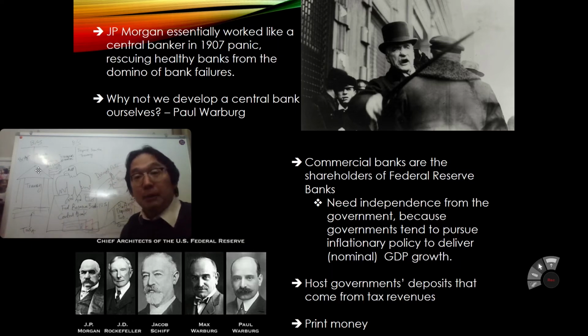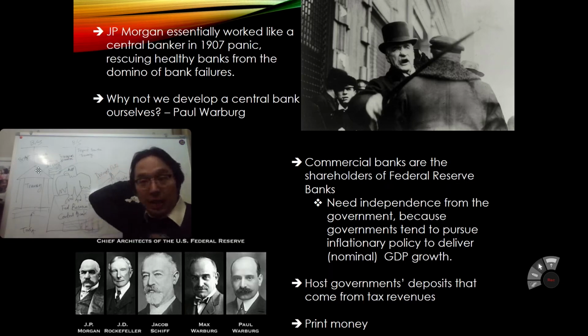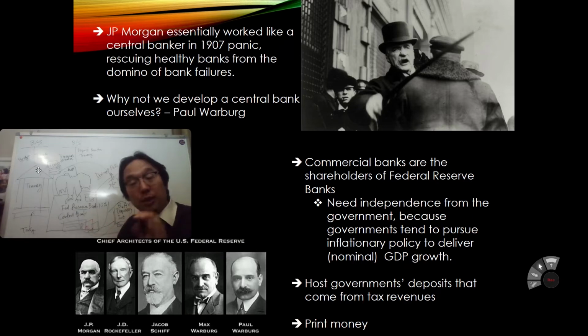And then the commercial banks, right? Here's the idea they figured out in the Aldrich committee, while taking a vacation in a very secret place like Jekyll Island in the southern part of the United States. So the idea was like this: let's create some kind of central bank, and the structure will be like this.